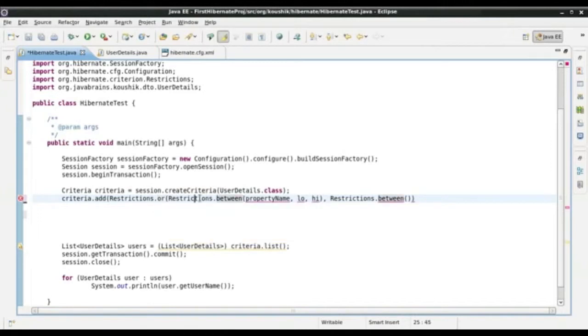Now here I will do something like this. I will have a user ID and I will return all user IDs between 0 and 3, or if the user ID is between 7 and 10. So since it's an OR condition,